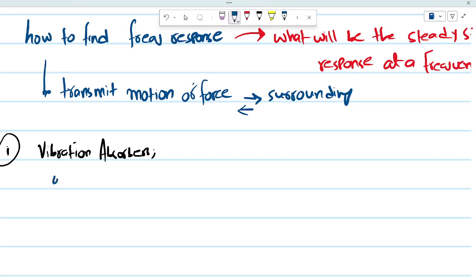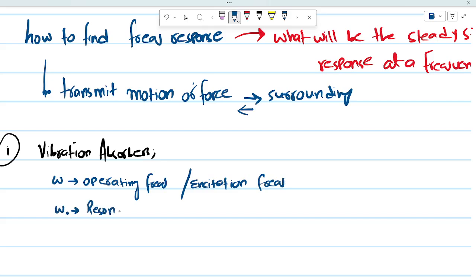So if the operating frequency, let's call it operating frequency or excitation frequency, is near to the resonant frequency or natural frequency of a system,